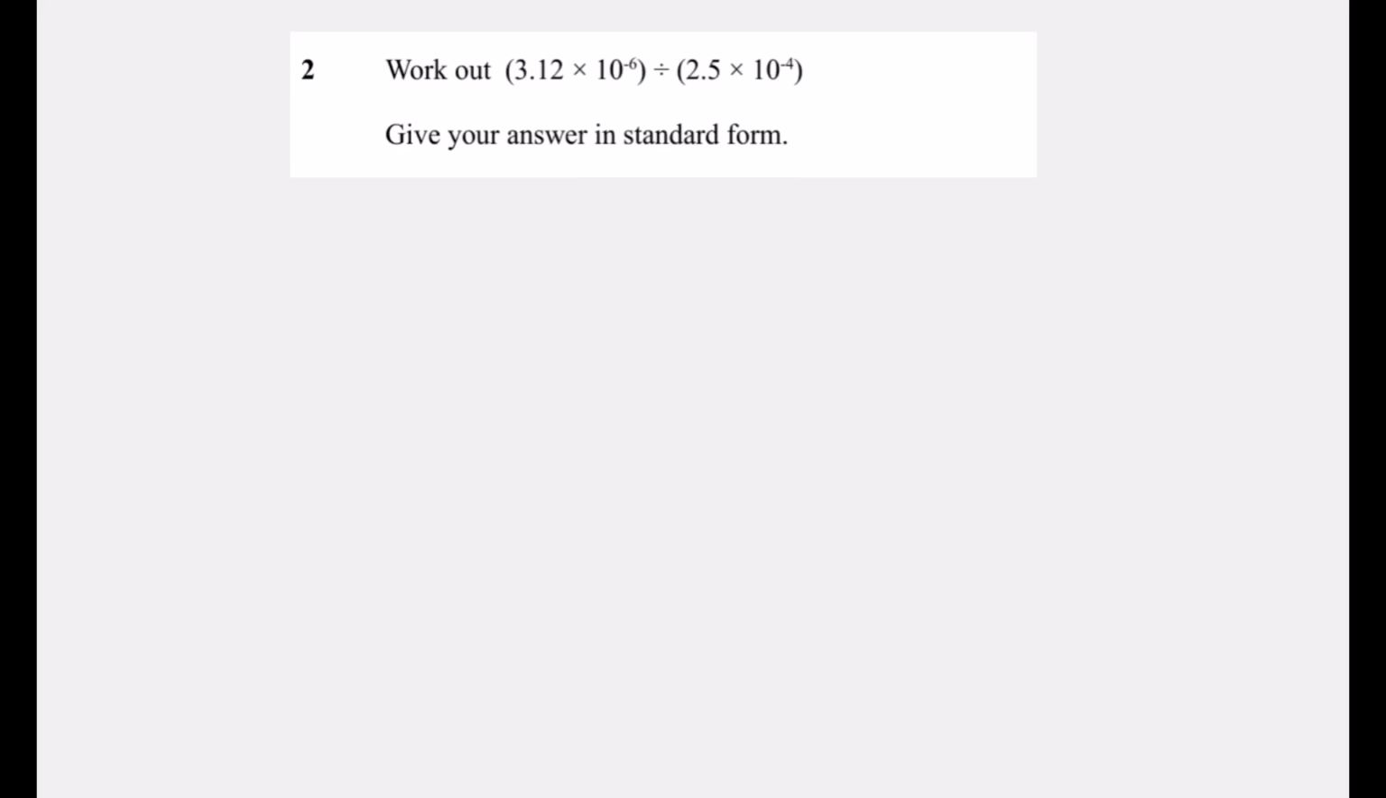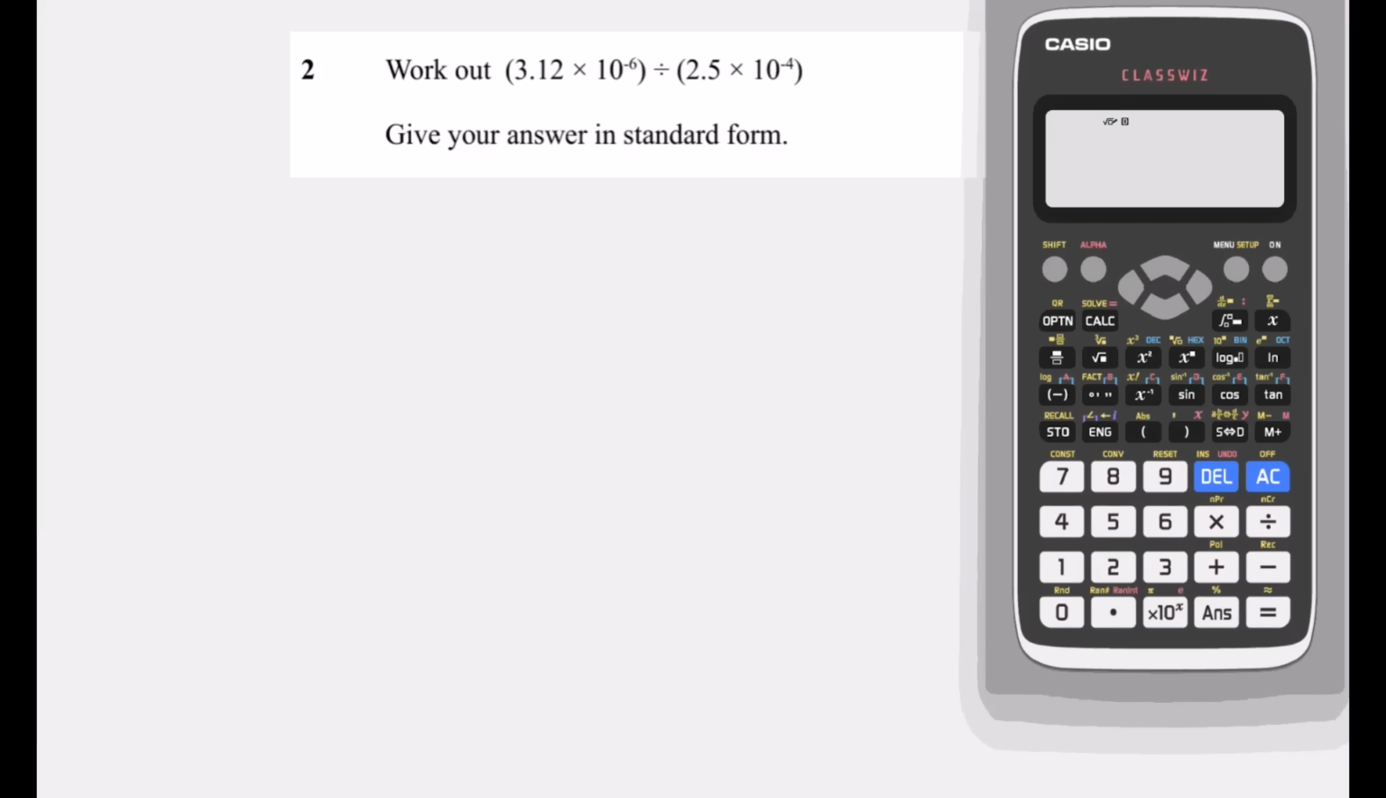the negative 4. Give your answer in standard form. We've got a calculator and we can just type this in. So we can either type it in how it looks and write using the brackets or the fraction button. 3.12 times 10 to the power of negative 6, like so. Or we could use the standard form button, 3.12, and then it's times 10 to the power of